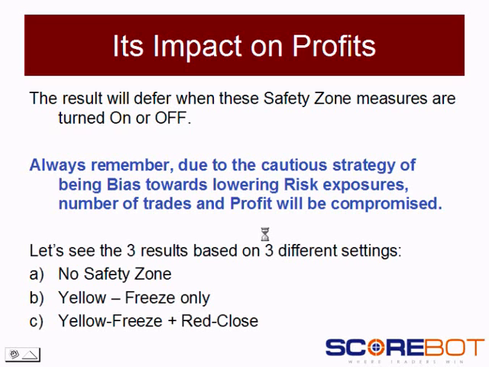I'm going to extract 3 results based on 3 very different settings, right? And this result is run on an account that starts with capital of 10,000 US dollars, and it starts from January 2008 until current May 2009. So the 3 results are based on A, totally no safety zone, B, turn on only the yellow freezing zone, and C,